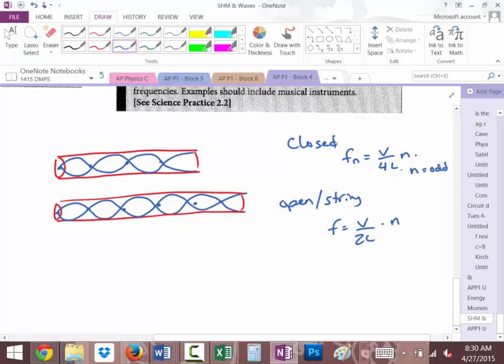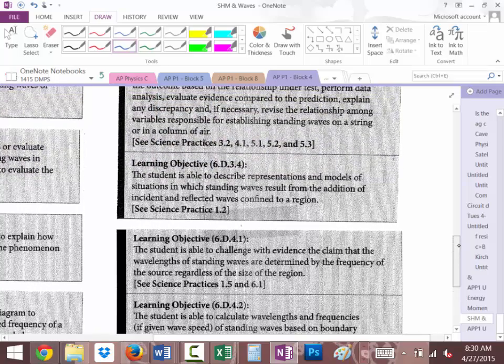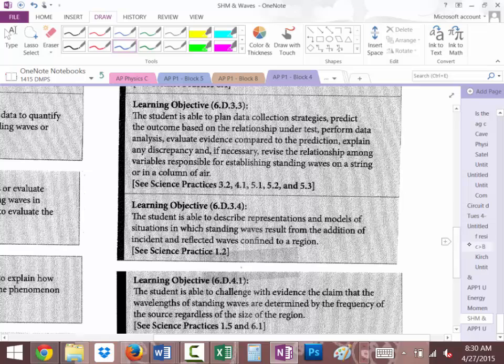What else? Are there other things from this set of learning objectives that I can solidify for you, answer for you? I'm doing okay? Okay. So,